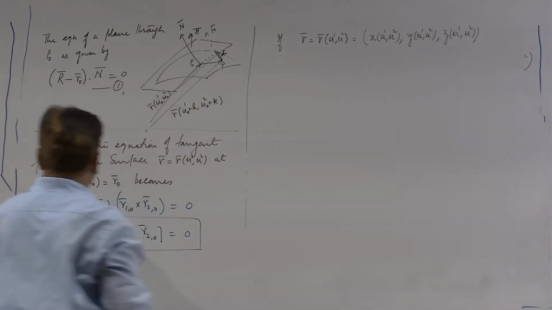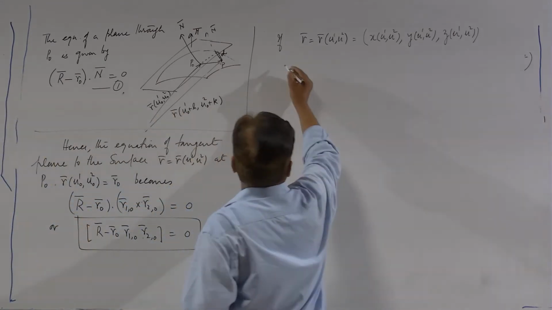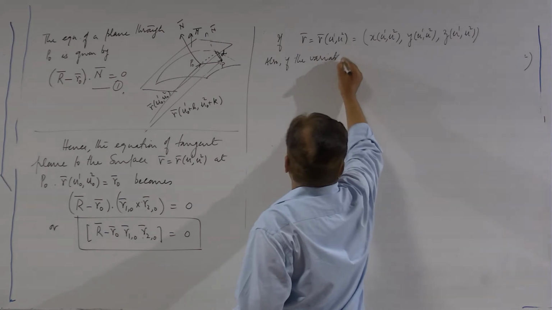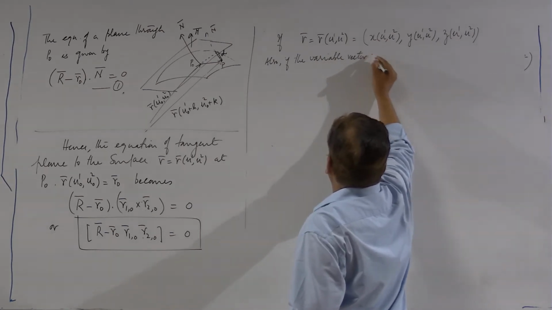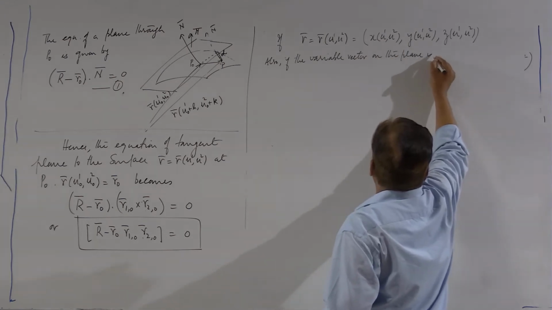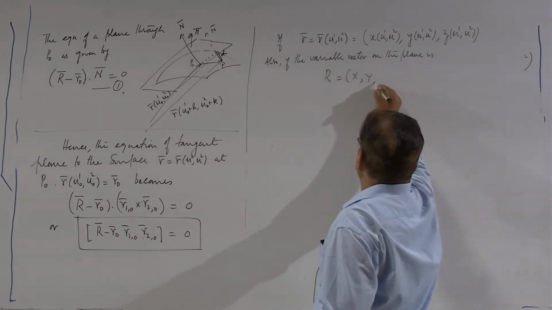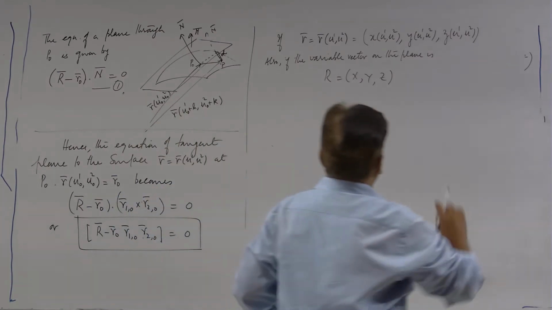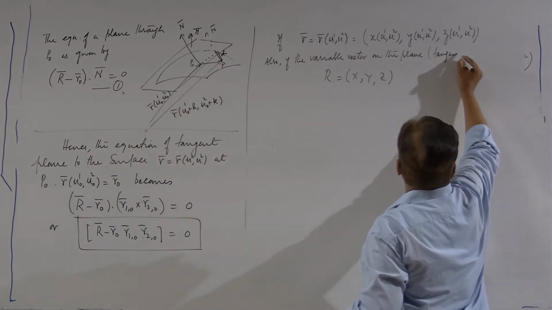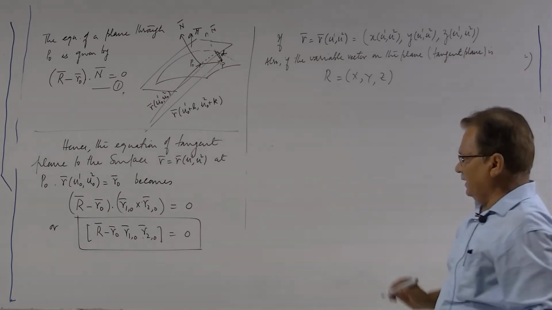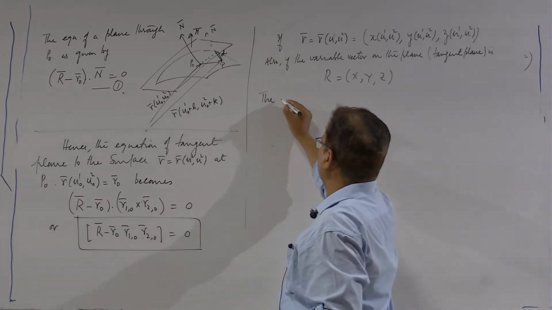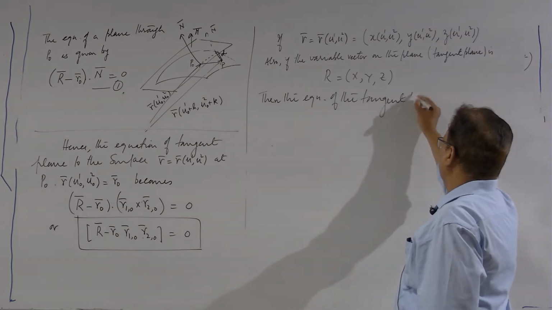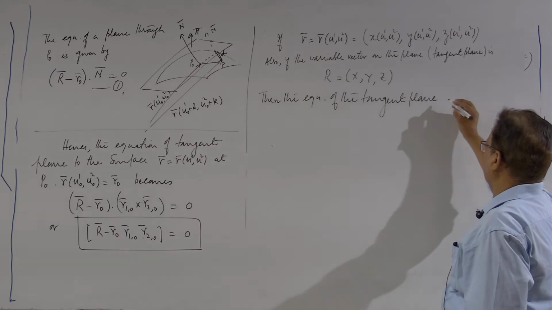Suppose the variable vector on the plane, which is in fact the tangent plane, is R, which is x comma y comma z. Then the equation of the tangent plane can be written as